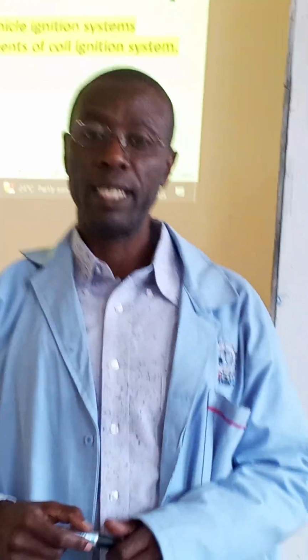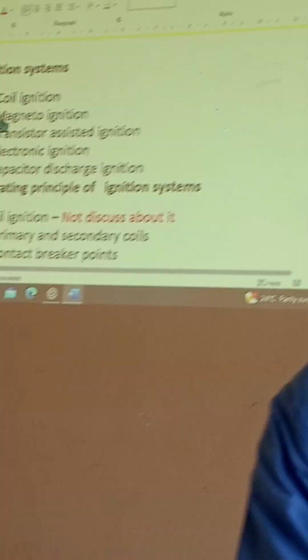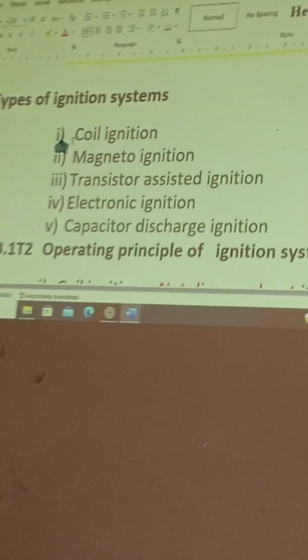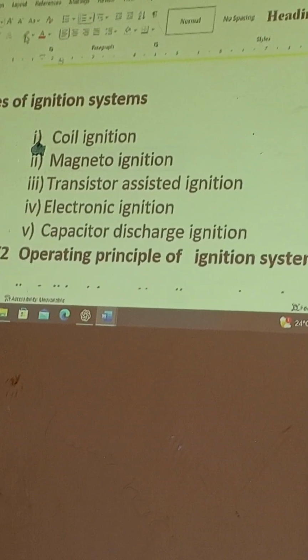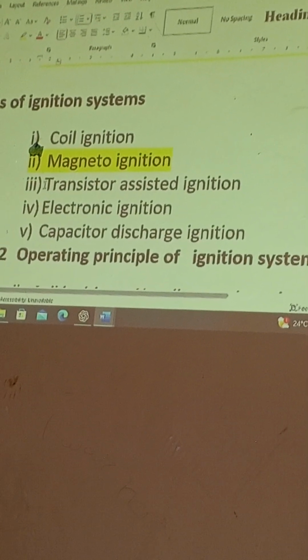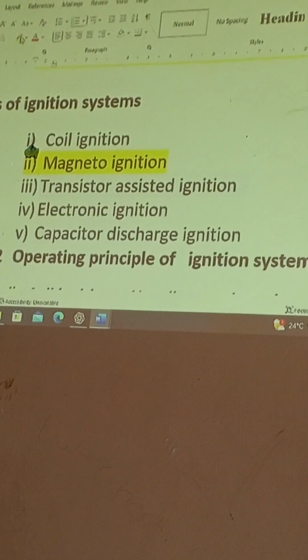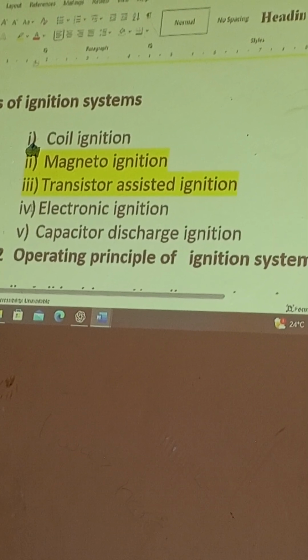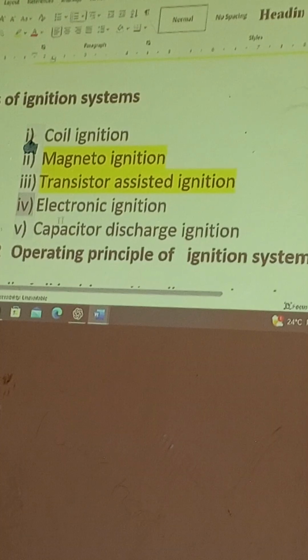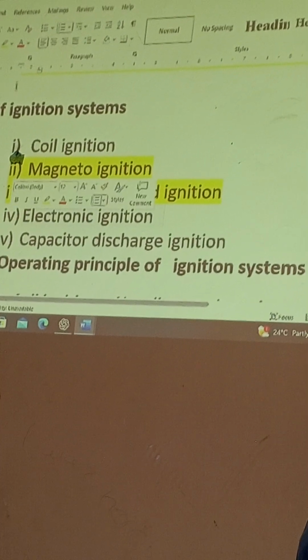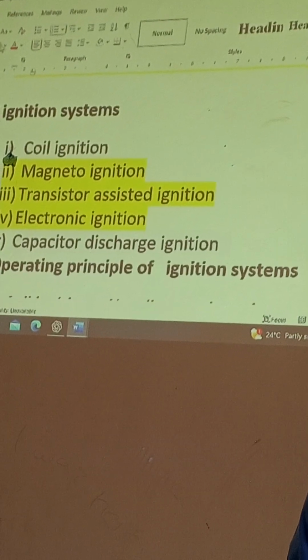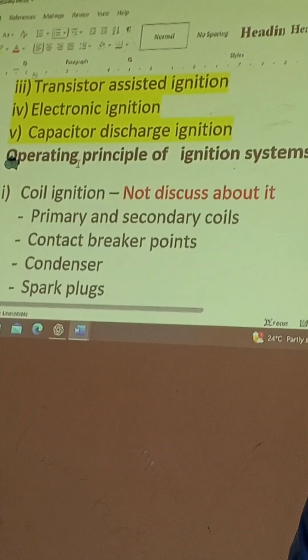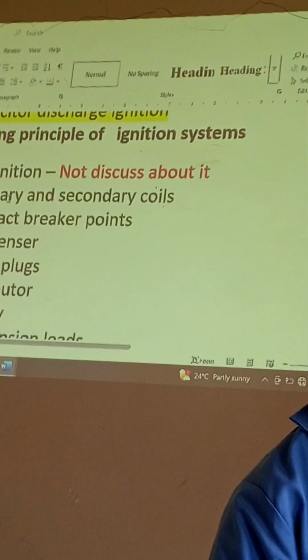Now you're going to learn number 2, the magneto, which you can see here. And then 3, you're going to learn the transistor assisted ignition system. And then 4, the electronic ignition system, which stands on its own. And then the CDI, which is the capacitor discharge ignition system. So the operating principles of the ignition system, starting with